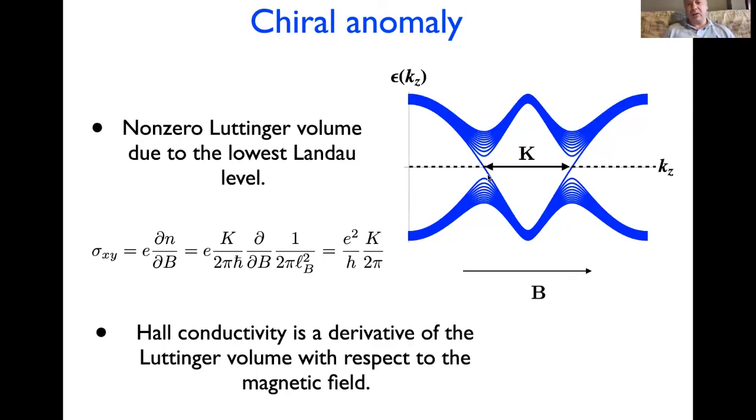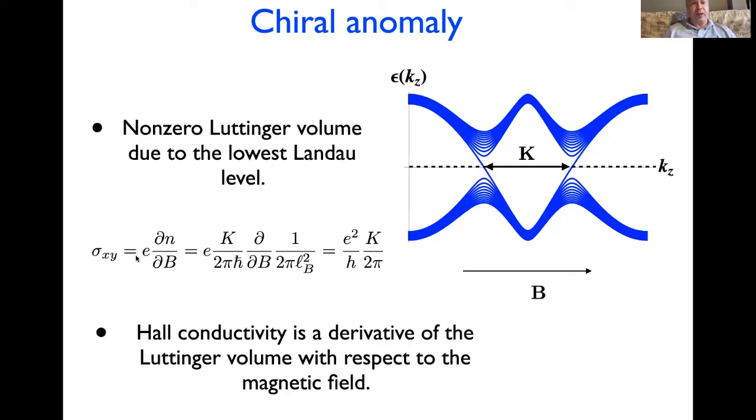However, once I turn on the magnetic field, we get a non-zero Luttinger volume due to the fact that there is this Landau level that crosses the zero energy, right? And this extra Luttinger volume is proportional to the magnetic field because the number of states in each Landau level is basically the magnetic field times the cross-sectional area of the sample divided by 2 pi times the magnetic length